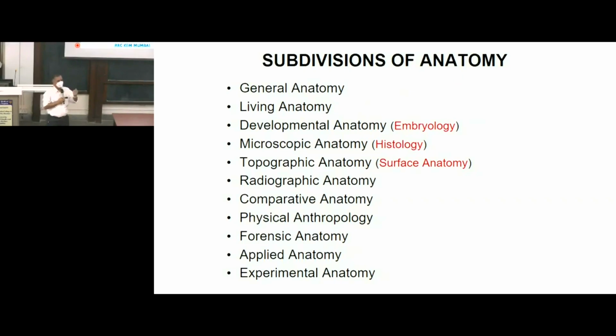Whatever you will be applying on patients, what you are doing? You are actually applying whatever anatomy you have learnt on patients. The same thing you can learn on a living human being who has volunteered to be a subject for learning anatomy. So that subdivision is living anatomy. And as he rightly said, palpation is one method of learning, that is by feeling. By merely seeing, looking, that's called inspection, inspecting the body. That's the first step, seeing.